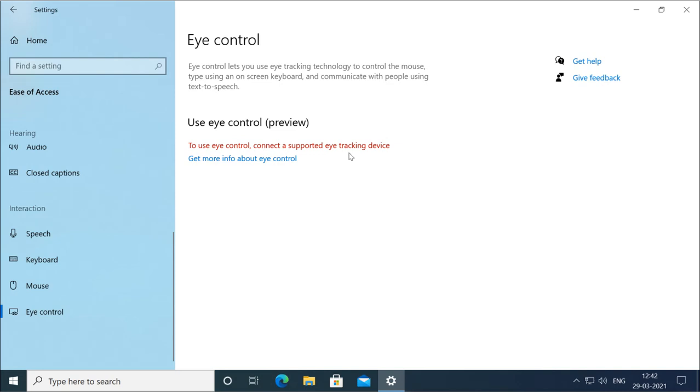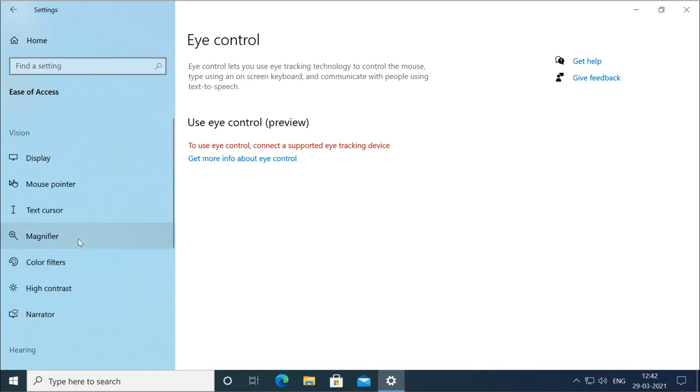So you need this eye tracking device, and then you can use this feature also. So basically this ease of access is for the people who are not able to do things properly, having a problem of eyes or hearing problem or some reach problem.